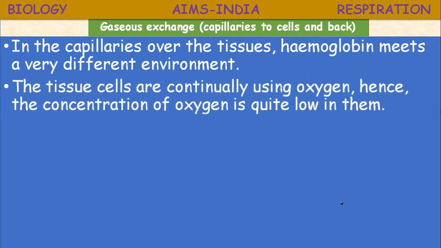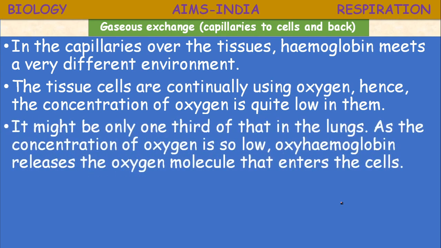The tissue cells are continually using the oxygen. Hence, the concentration of oxygen is quite low, isn't it? Because continuously we need energy to do the work. Continuously the other life processes have to run. The fuel is energy, ATP. So continuously there is a decrease in the concentration of oxygen